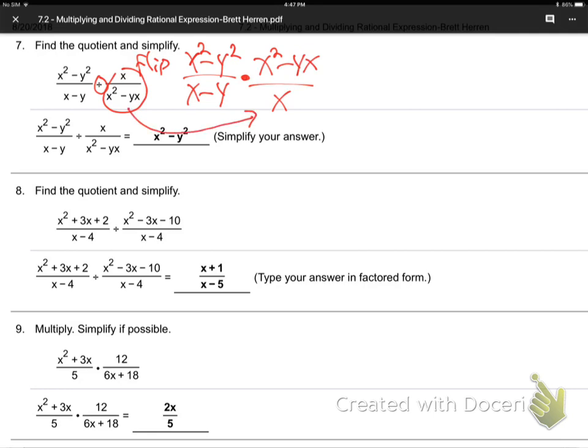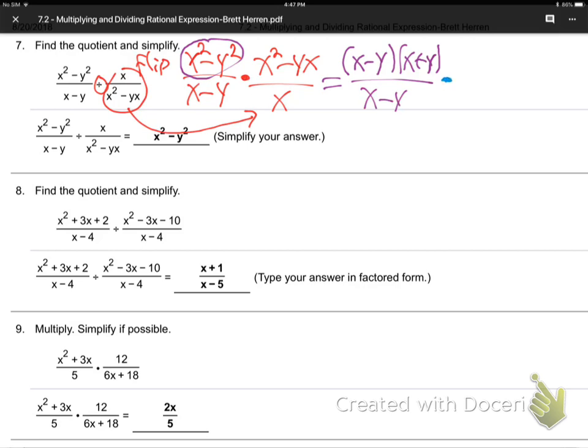And now I got to factor. I can't cancel right now because the pluses and the minuses make all this stuff glued together, you know. I can't cancel anything when there's pluses and minuses because those are all Costco glued together packages. So instead I'm going to factor this piece. That's a double-double, right? So it's going to be x minus y, x plus y, and the bottom is just x minus y,